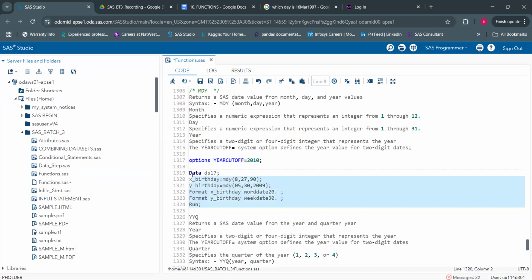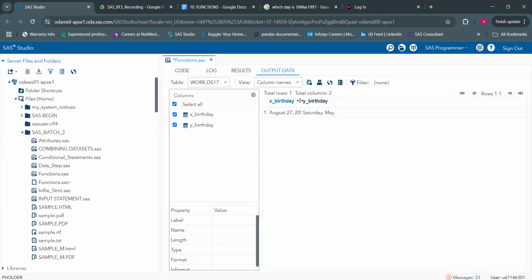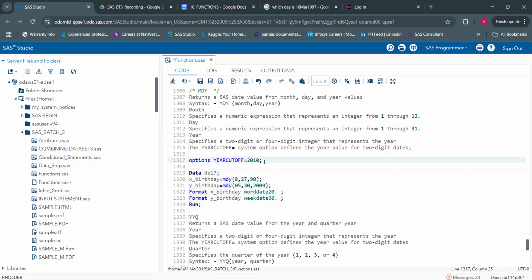Now, if you see this one, what happened? It is 2090, right? So the year cutoff is something that